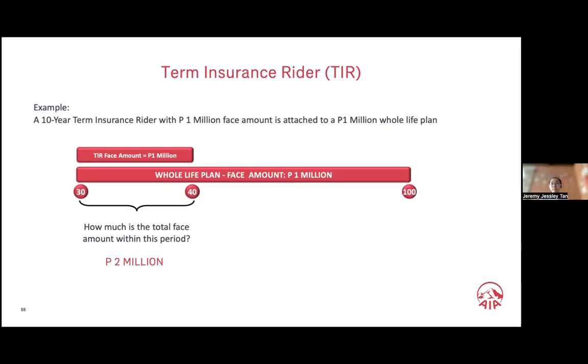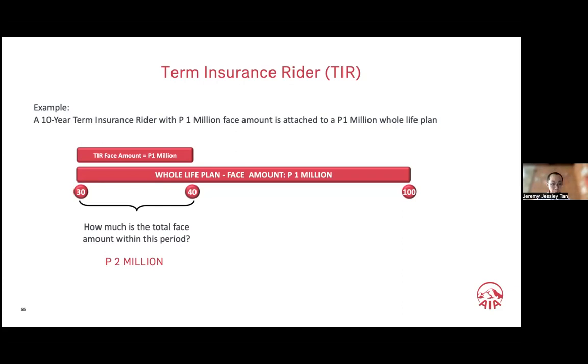But it's not that big. It's just right for a whole life plan, but not for the coverage that he wants. So let's say a client wants 2 million coverage because his child is still studying, for example. Right? So he wants 2 million coverage, but his budget doesn't fit a 2 million basic plan coverage.